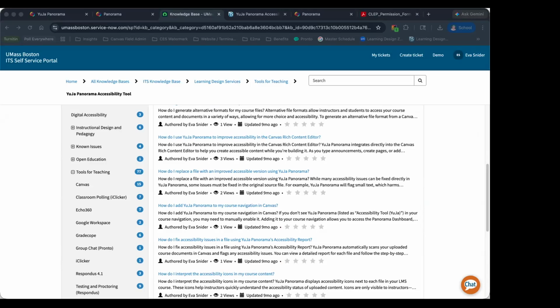We will likely be running more sessions on User Panorama in the future. We do not have any scheduled right now, but I encourage you to tell your colleagues about it and tell them to be on the lookout for advertisements of additional sessions, because we would really love everybody at the university to work with this tool to help make the content more accessible.